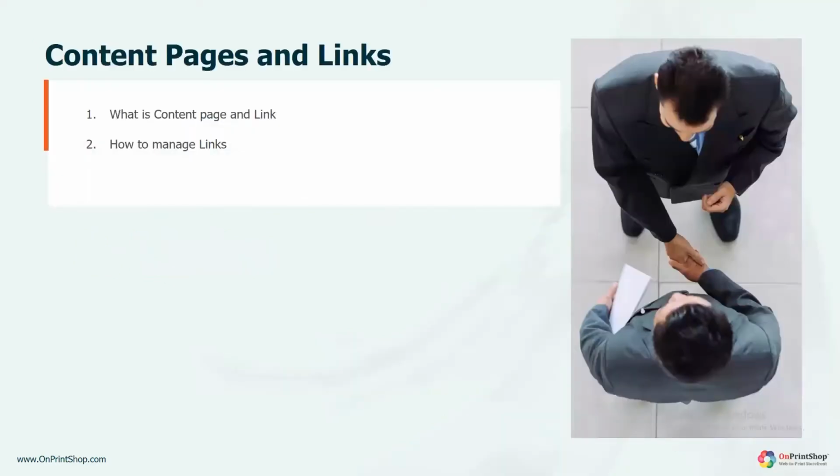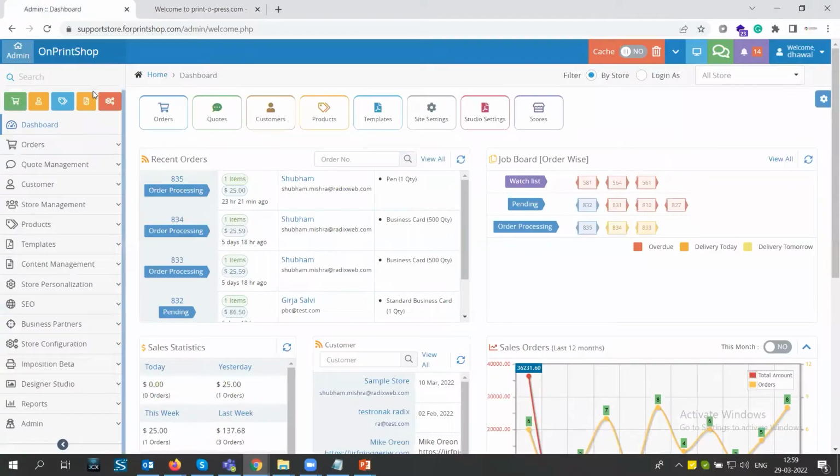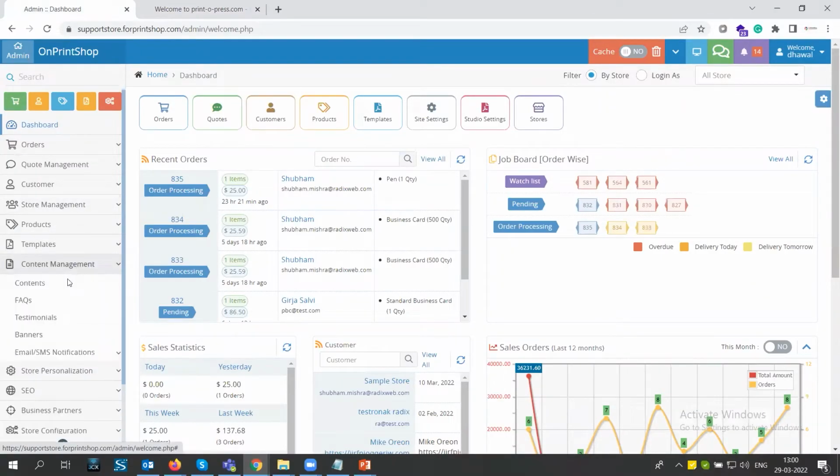In this video, we will see what the different kinds of content pages and links are, and how to manage the content pages with the links. First of all, let us go under the admin. If we go inside content management, contents,